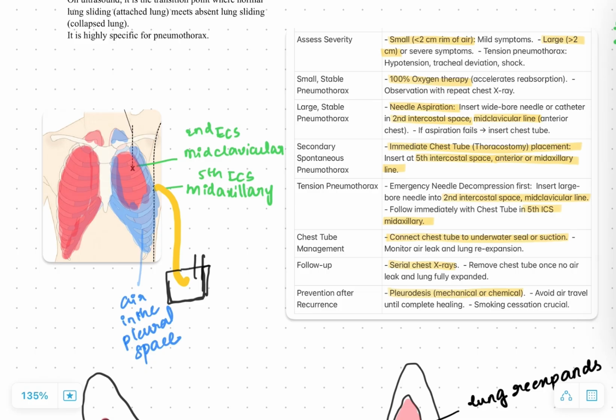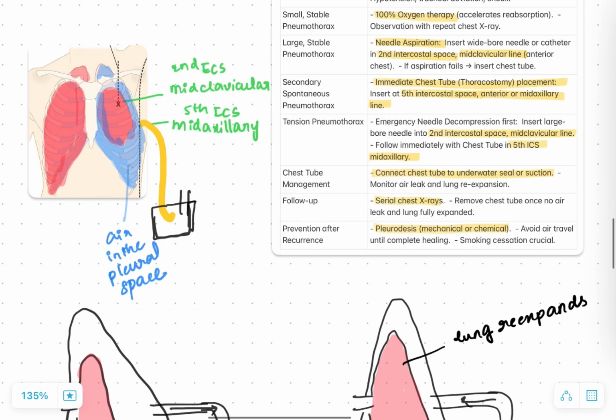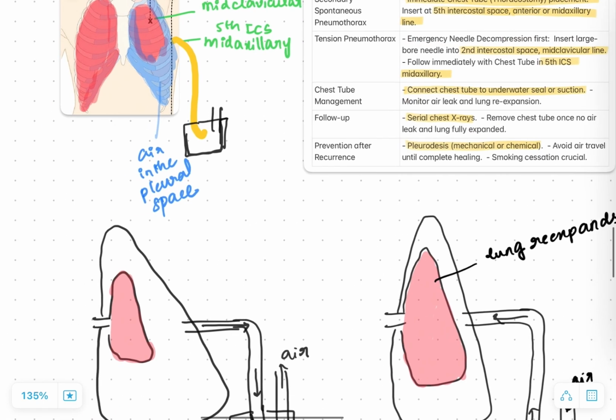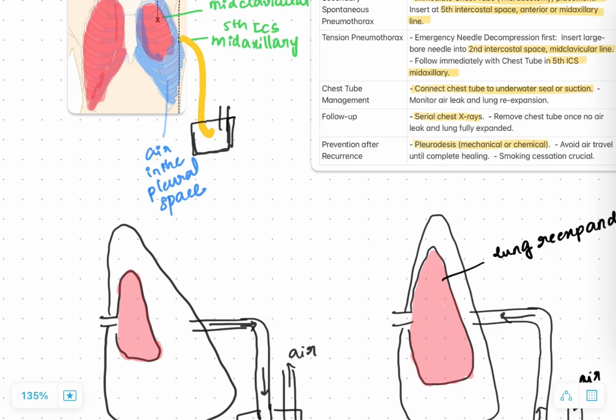In secondary spontaneous pneumothorax, immediately we have to insert a chest tube at the fifth intercostal space, anterior or mid-axillary line. In cases of tension pneumothorax, emergency needle decompression is done first. Insert a large bore needle into the second intercostal space, mid-clavicular line, followed by a chest tube at the fifth intercostal space, mid-axillary line. So here we can see chest tube insertion at the fifth intercostal space, mid-axillary line, and